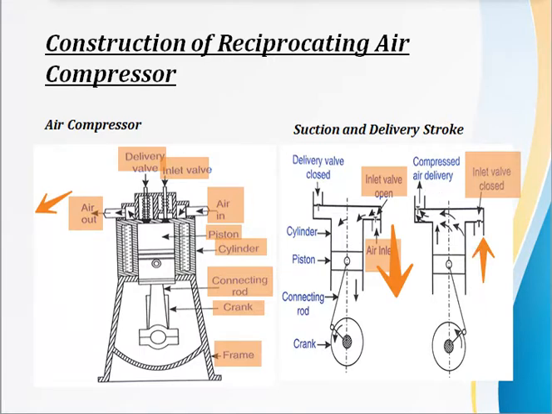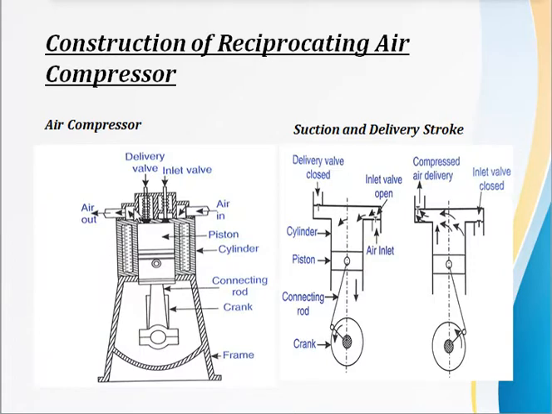And finally, the compressed high pressure air is delivered and it goes to the storage tank. So this was the working principle of a reciprocating air compressor. So these strokes: suction, compression, delivery, clearance air expansion, and again suction stroke, you have already seen in the PV diagram. Moving ahead,